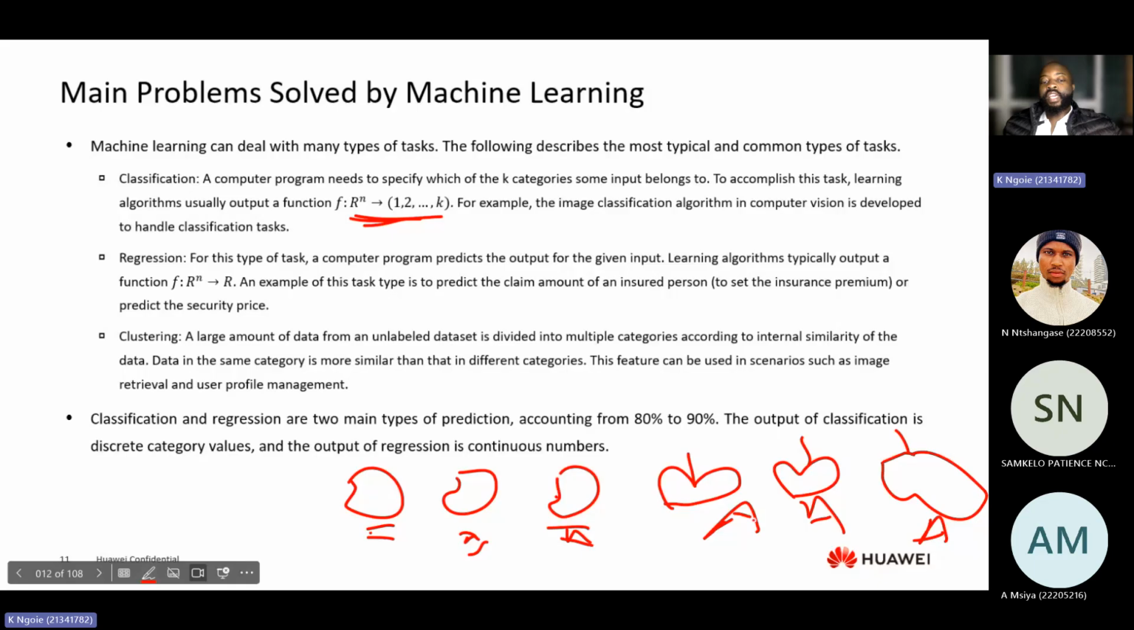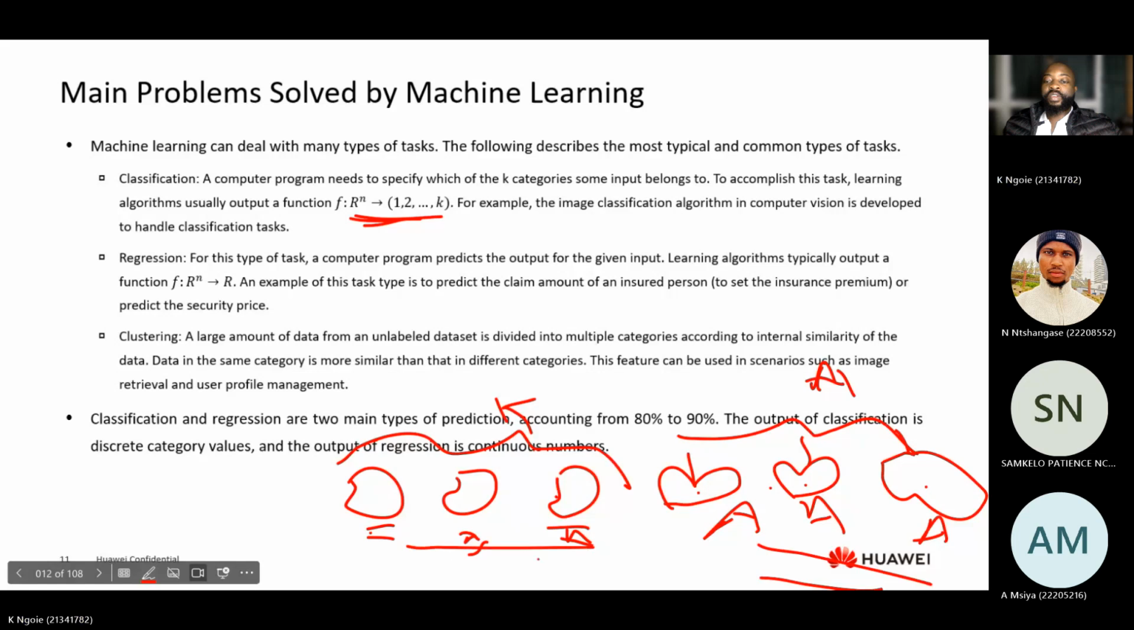Now we let the algorithm learn from this data and identify certain patterns, certain similarities, to be able to classify this as apple and this as mangoes. So just about this scenario of identifying between these, if I have 1,000 pictures of apples and 1,000 pictures of mangoes,